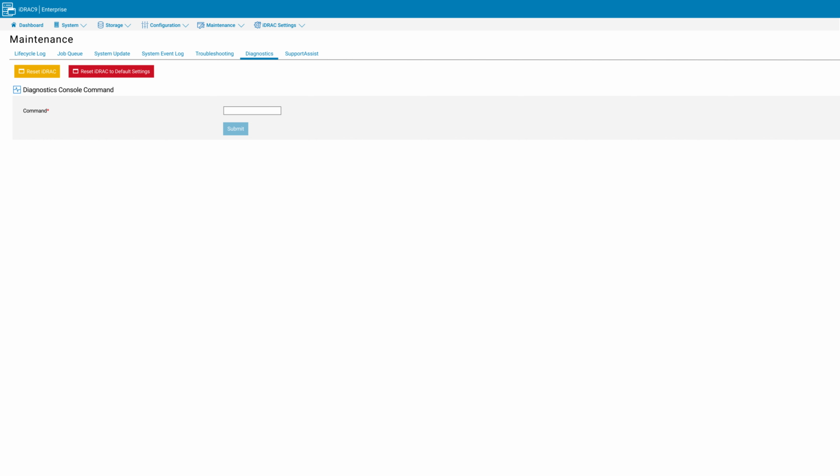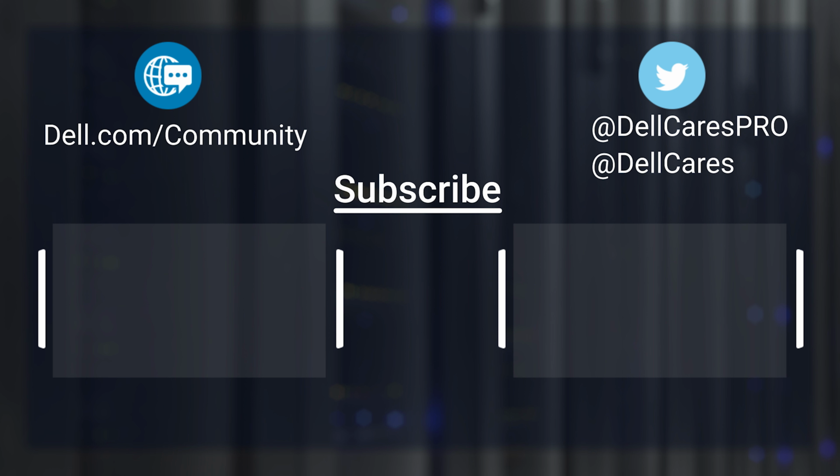And finally, the Reset iDRAC to Factory Defaults button, which will give you several options before initializing a reset. Please ensure that you're selecting the correct option that is relevant to you before continuing. And that's it. For more information on resetting your iDRAC and guides for different versions, click on the link to